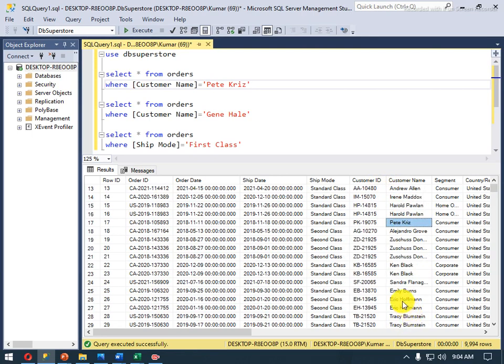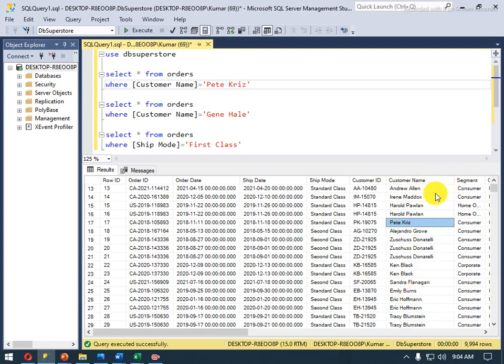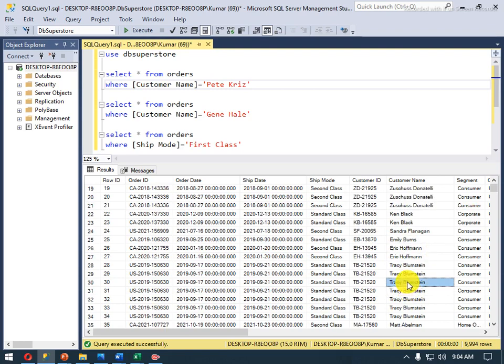Mainly, SQL Server will check each and every record, each row, and check whether the customer name is pet crate, then it will get out the record. Again it will go for the next rows, and when it finds the particular one, it will give you the records as output. But it will definitely take time, because SQL Server doesn't know where the records are available. Maybe it's in the first row, maybe it's at the bottom side of the 10,000 rows.